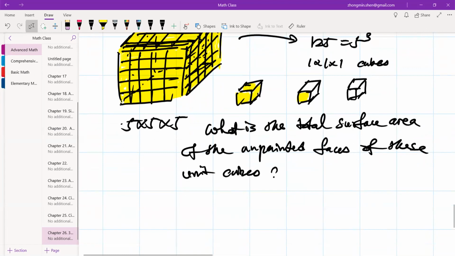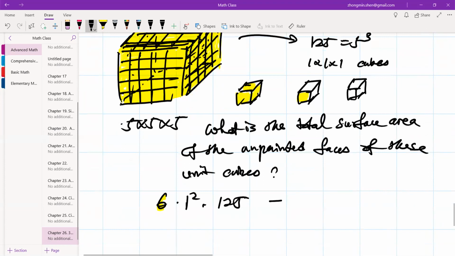125 cubes. So each little cube has 6 faces. So 6 times 1 square. That is the surface area of each unit cube. And it times 125. So that is the total, including those faces that are painted. But those painted faces, they all come from the large cube. So that's why, in order to